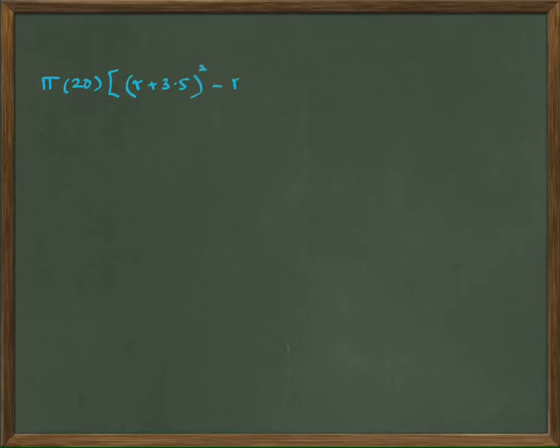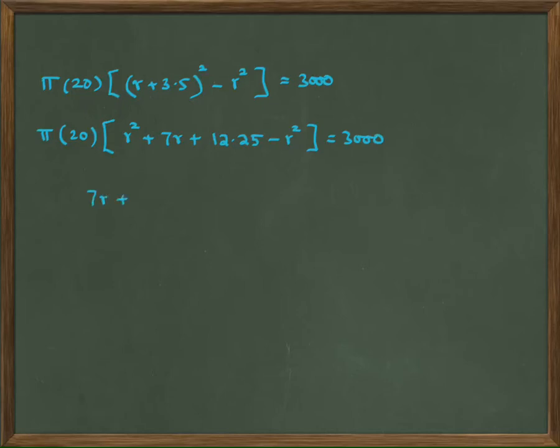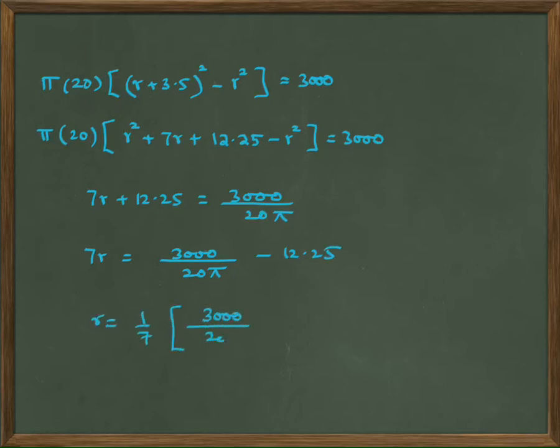So when you open up the bracket, be very, very careful. I have kept pi as it is. I am in no hurry to tell the examiner that I know the value of pi is 3.142. Simplify, simplify, simplify. Keep r till the very end. Keep pi intact. And when you have reached the stage where you have made r the subject of the formula,